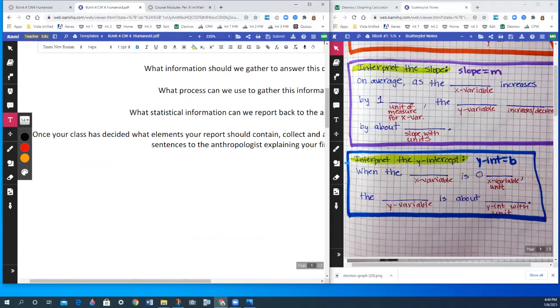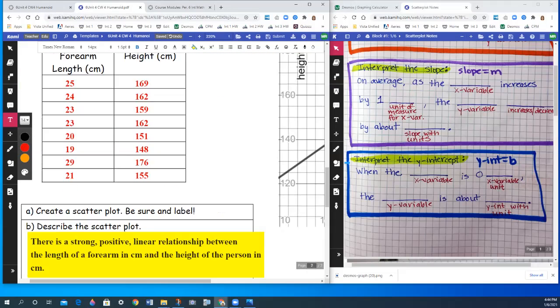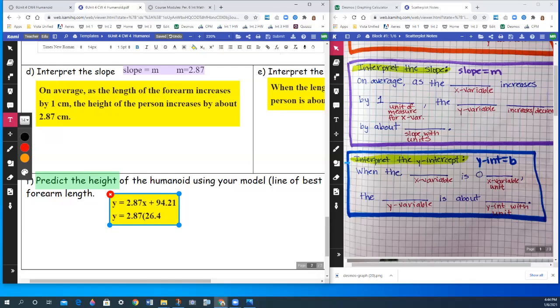Putting it in my calculator, I got that the height is going to be 169.978